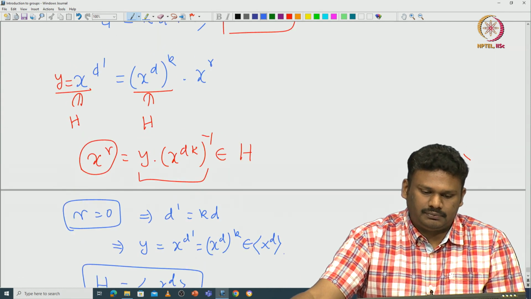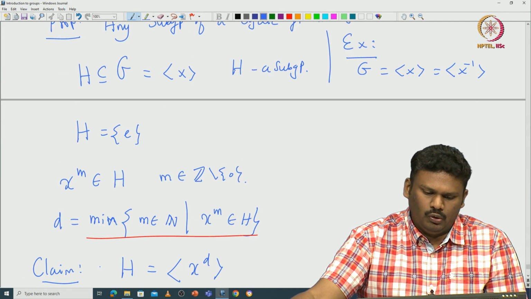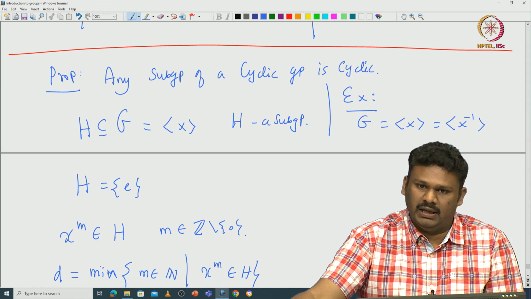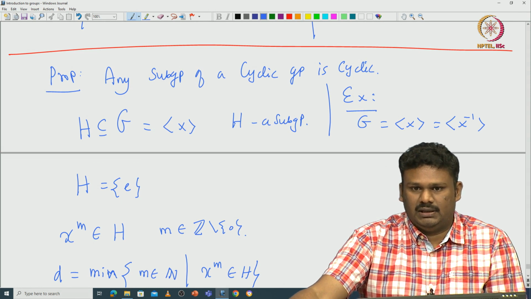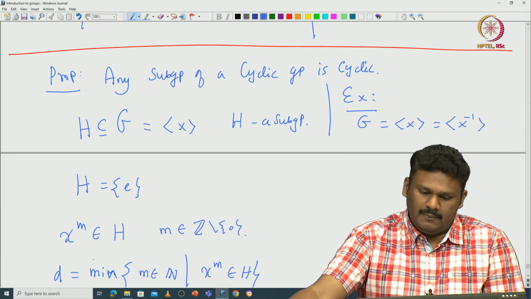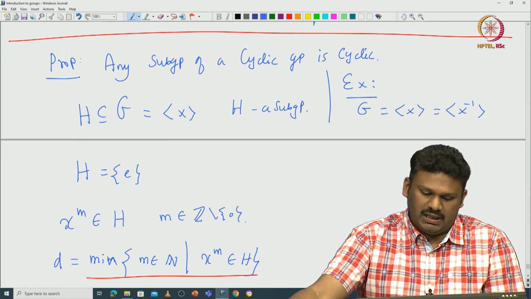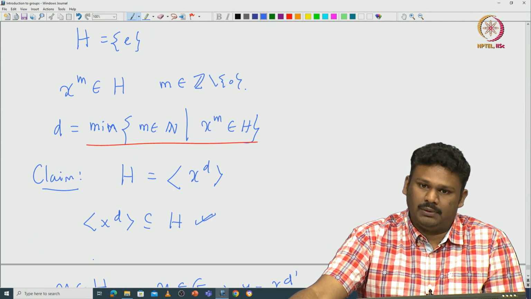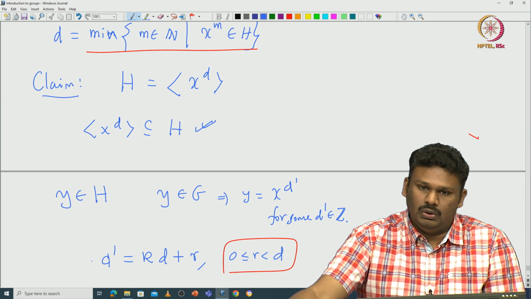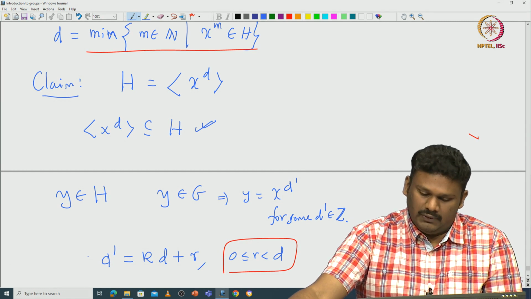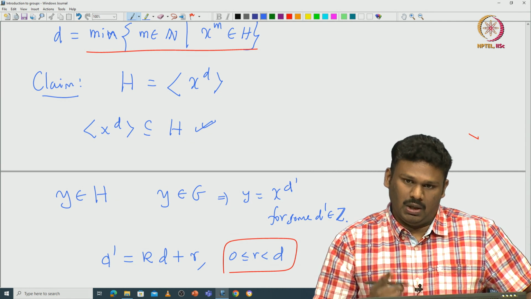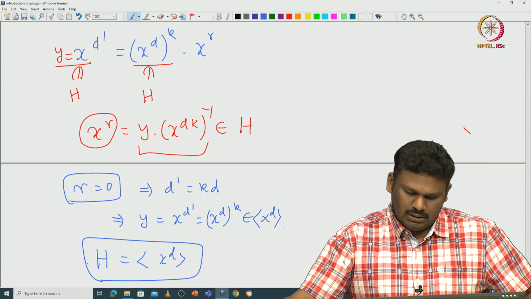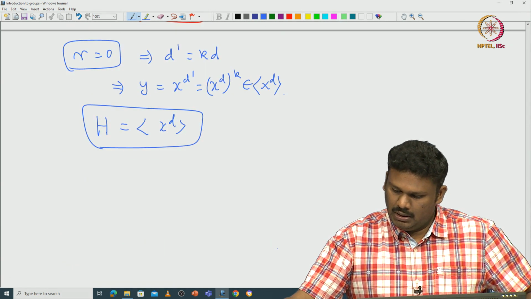So indeed, in one stroke we proved that any subgroup of a cyclic group, either Z or Z modulo nZ, is cyclic. This is the abstraction that we need to appreciate. It is the same proof that we did for Z. By looking at the abstraction, the things that we used in that proof help us do this proof for any cyclic group. Of course, that means we have done it for Z modulo nZ for all n in one go, and Z as well.